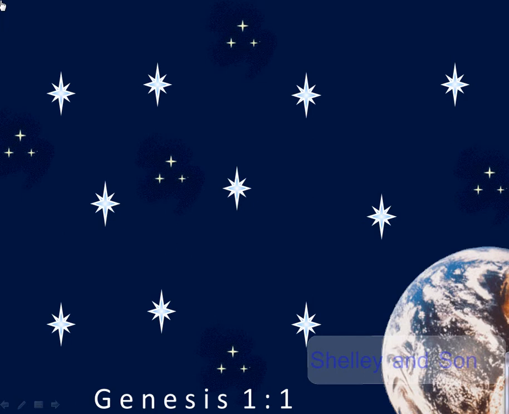This is an example of an interactive memory verse. To teach memory verses to children, the best way to do it really is what they would have called the rote method, being able to say the thing and say it over and over and over to concrete it into the mind, so that they can then recall it and remember it at a time when it will be helpful to them. And this one here is Genesis 1:1, as we can see, and